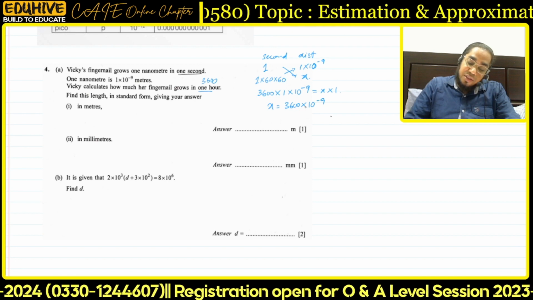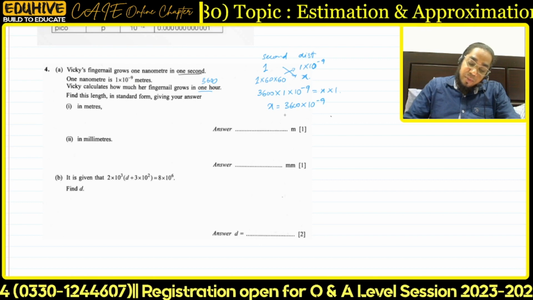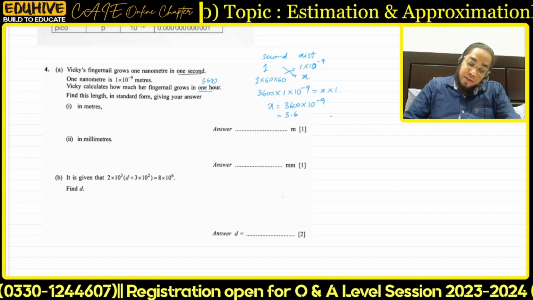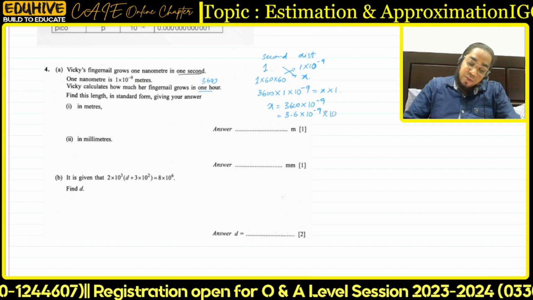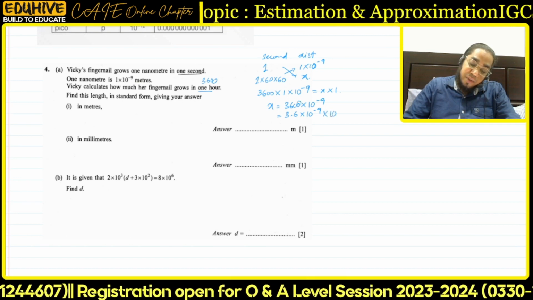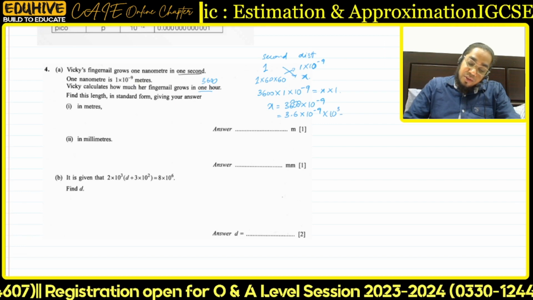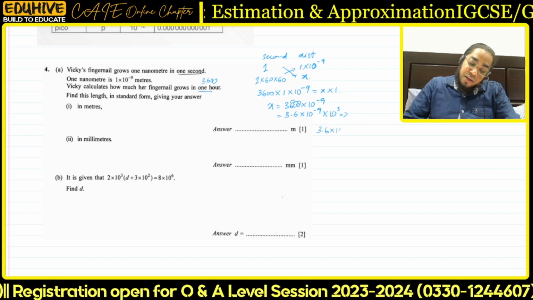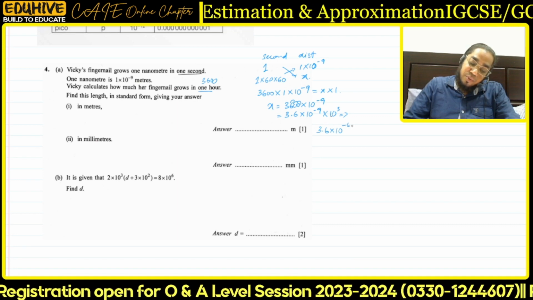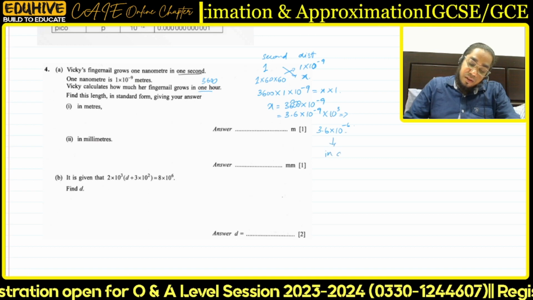See over here, this is not in standard form. So I'm going to convert that into standard form. It's going to be 3.6 into 10 raised to the power minus 9 as well as into 10 raised to the power, the point will jump 3 digits backward. 1, 2, 3. So it's going to be positive 3. So I would have the answer 3.6 into 10 raised to the power 3 minus 9, which is going to be minus 6. So in 1 hour, in an hour,